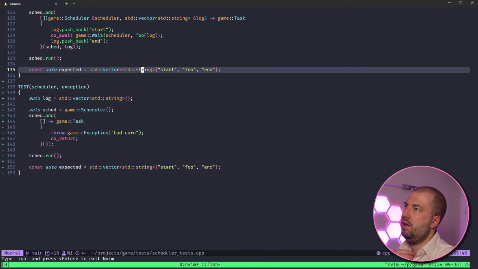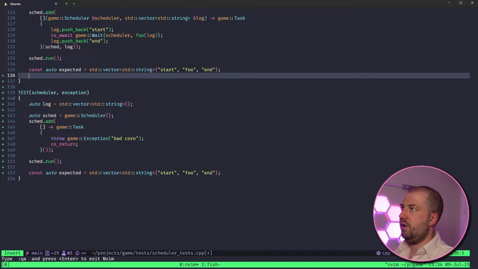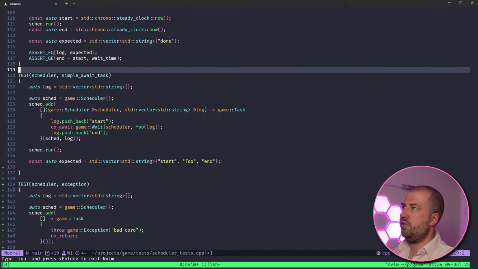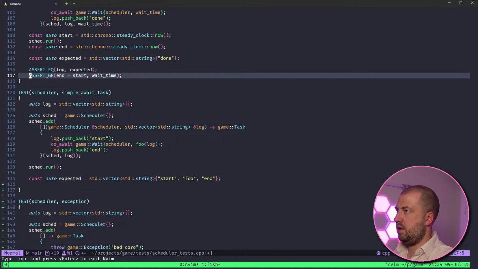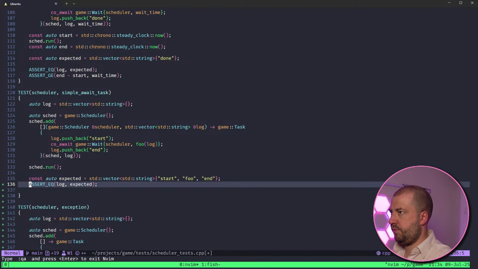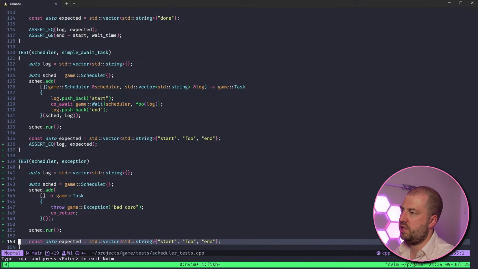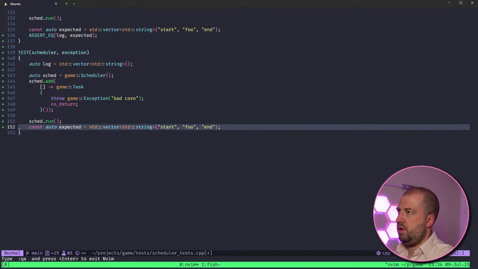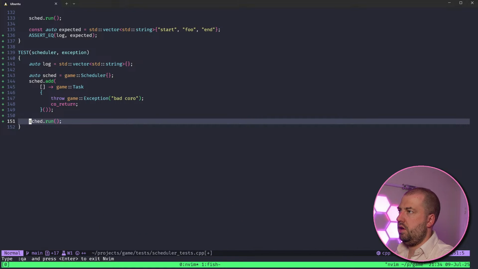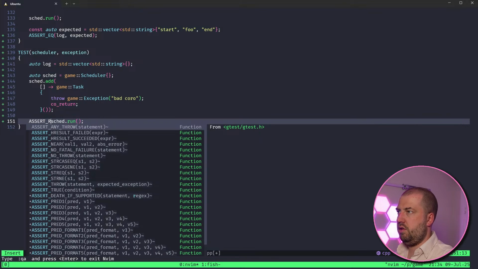Oh yeah. What a good spot there. And then this needs to have, is it assert throw?